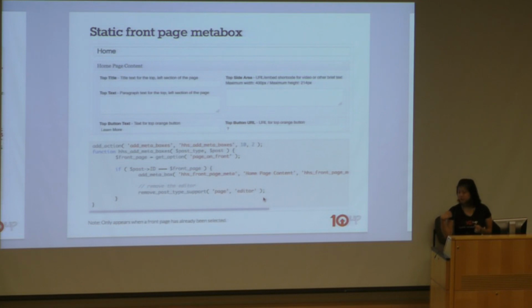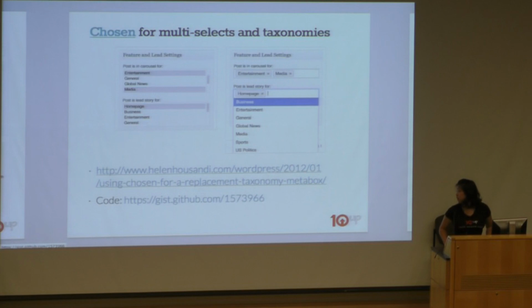But you can remove the post type support for the editor. And so then the editor just won't appear for that one page, the one page that you have set as your static front page. Okay, another thing we can do, we can use a jQuery/prototype plugin library called Chosen, which